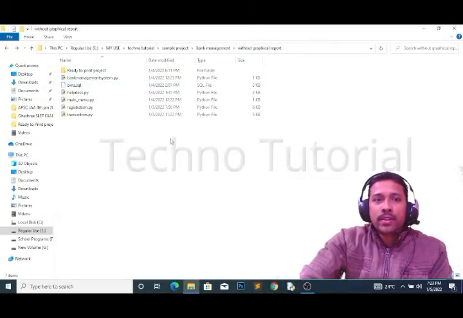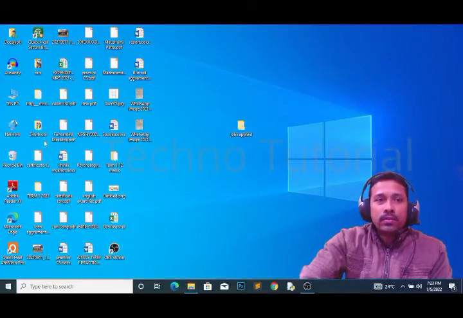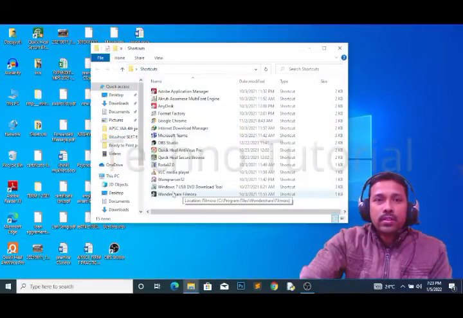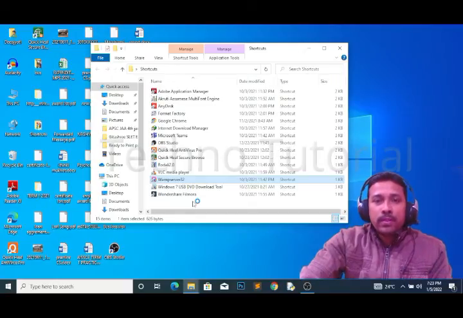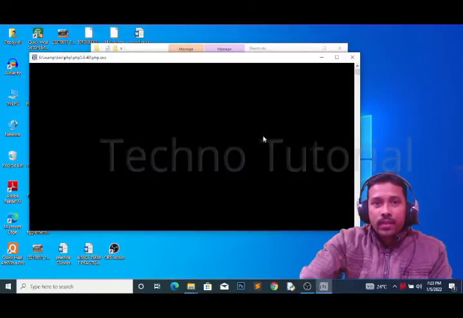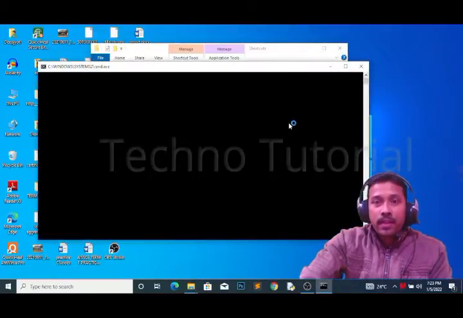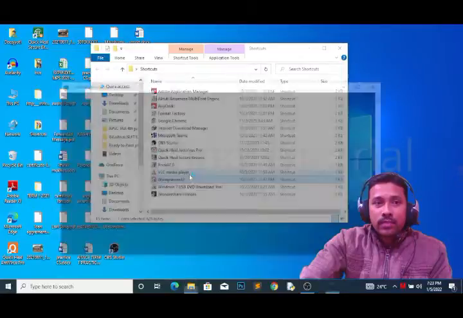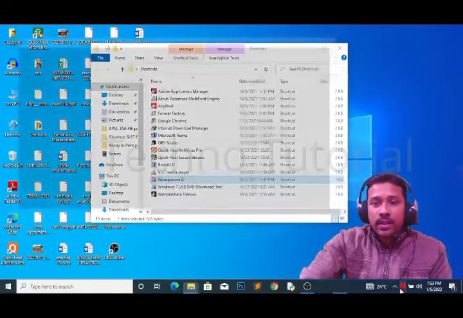Another software that you have to use is WAMP server. Now I am going to show you the shortcuts. Here this one is WAMP server. Just run this WAMP server. You also have to install this WAMP server in your system before starting the project, so just see what I have done and what you have to do.